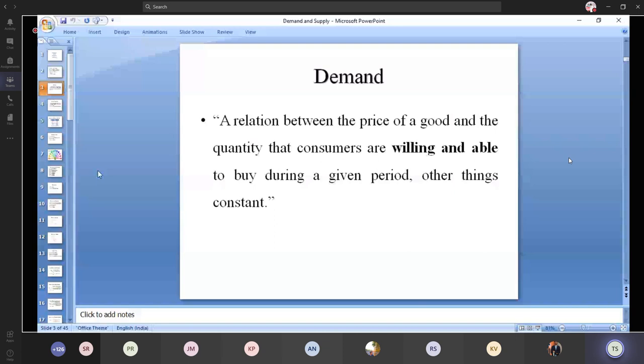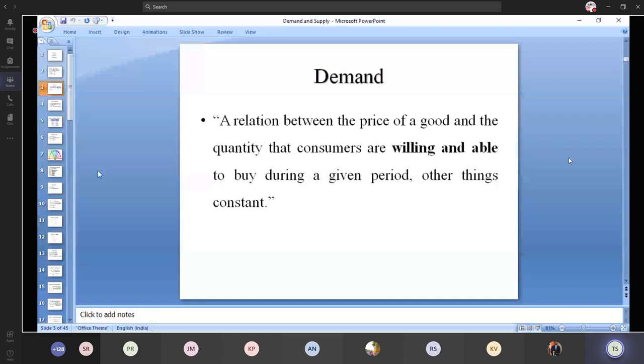For example, there are so many factors which affect the purchasing power of a customer. He has so many things which shape his purchasing pattern. But here, only the price of the commodity is the factor which induces a customer to buy a product. This demand only speaks about the relation between the price of a commodity and the quantity demanded of that commodity. Other things are ignored.